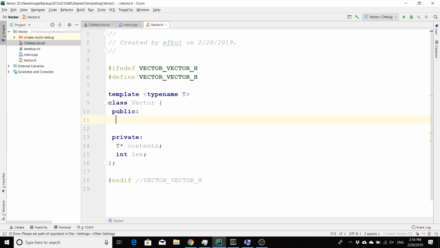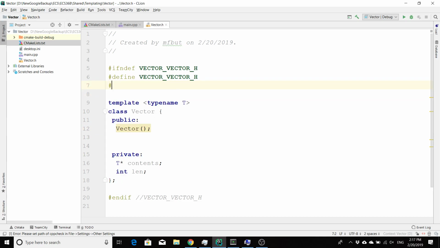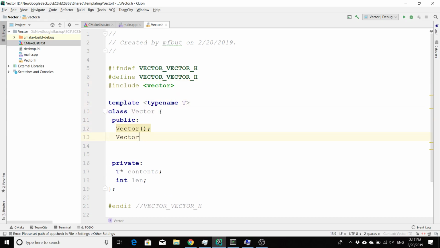Public methods are for how I create things. So what might I want to do first? We might have constructors, right? So we might have a constructor that takes no arguments. That would be like an empty list, right? We might want a vector that takes in what? We'll be a little bit lazy and we'll just define one, and we'll also have another one that takes in a vector of